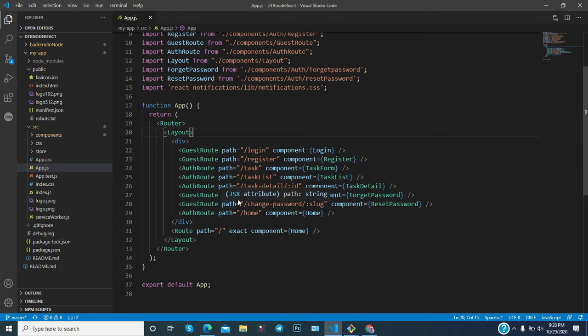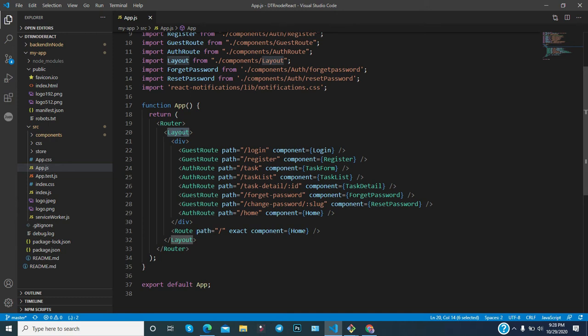But here you can notice that another component is available. Okay, so this is the layout. This is the functional component, the App component, returning something. So this is returning Router. Router means routing-related stuff. And this is the Layout.